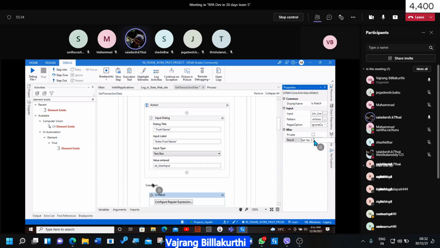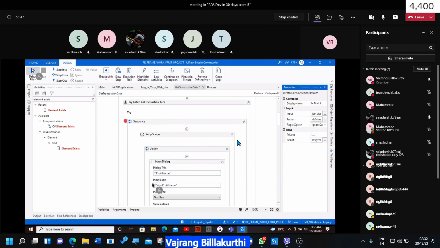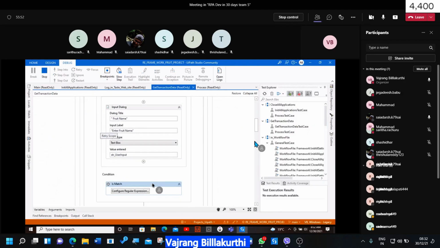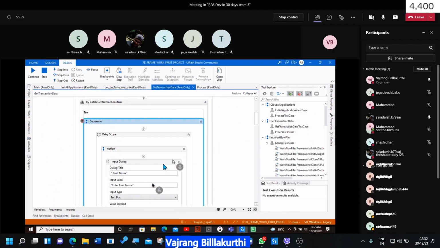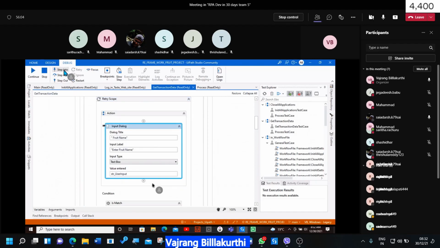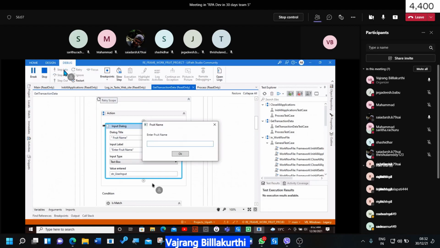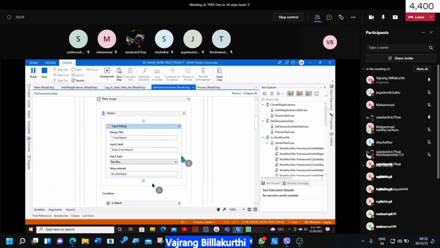Let's hit Control K, retry required. Now let's debug this file and see. There is a necessity here that we need to retry. There is a business case: if it failed once, not only with the input, don't break immediately, just retry once or twice. So we entered nothing and we hit 0.